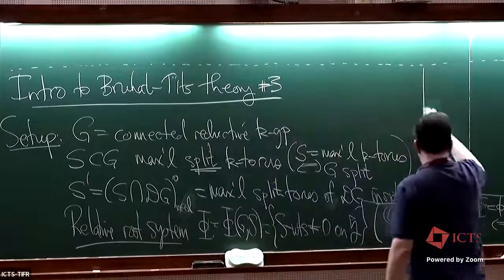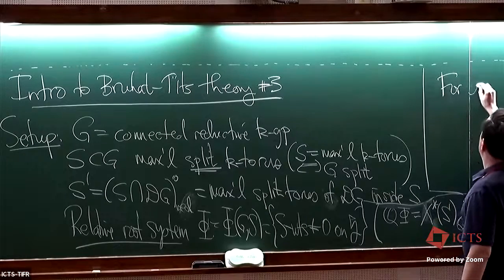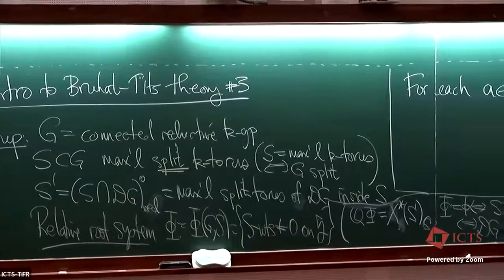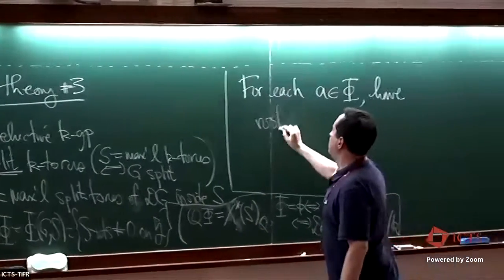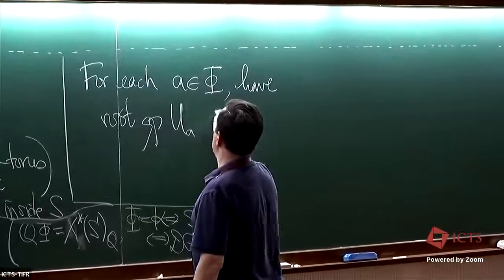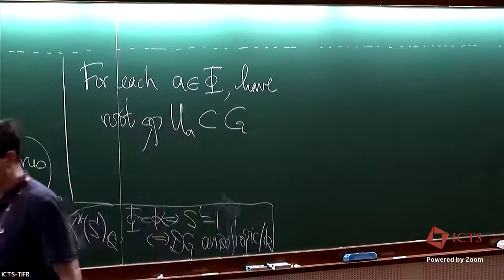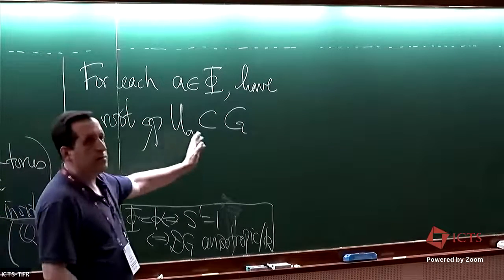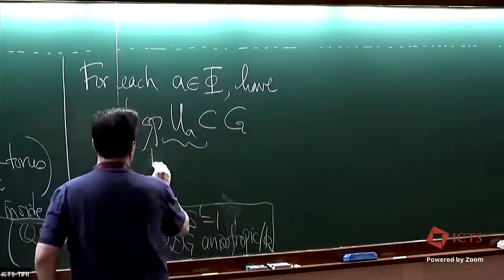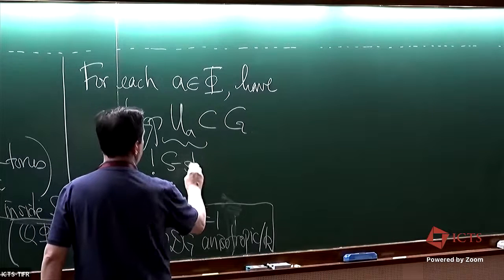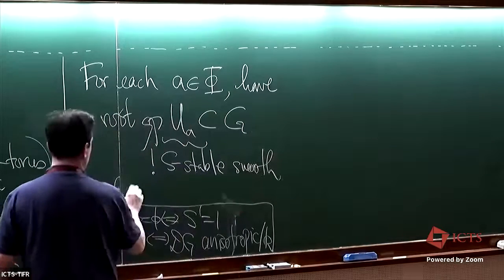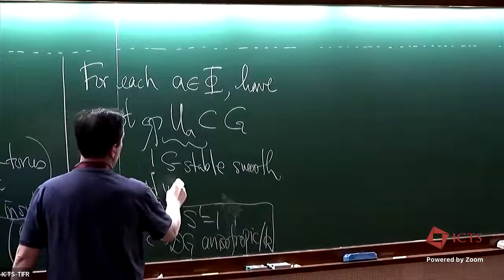And so for each root a, we have this so-called root group, U_a, inside of G. So what is this? Well, in the split setting, it's just a one-dimensional copy of the additive group. In general, this thing can be quite high-dimensional. So this is the unique S-stable, meaning S-normalized, smooth connected unipotent subgroup,